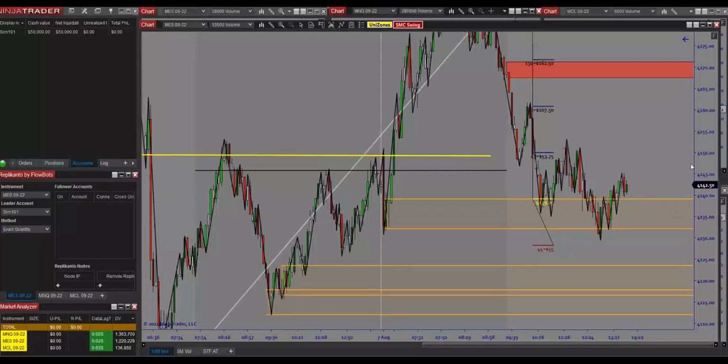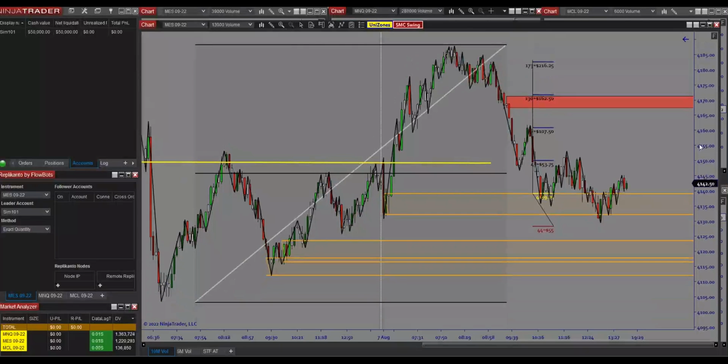Could this be where they're building the position to lift? Sure. There's also a chance that it could come back down and take this lower level of order block. Either way, this hit targets already, or some targets. You could be peeling out. Does everybody understand that? Or you could just trade for a 1-to-1 and you don't need to go for